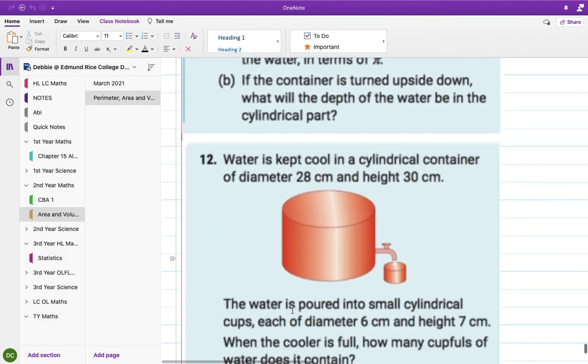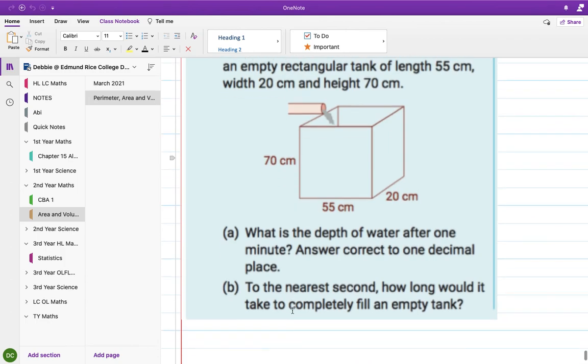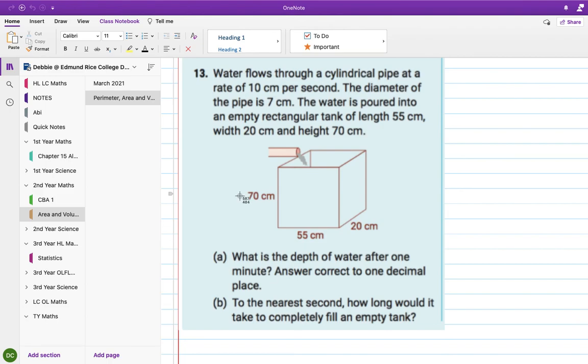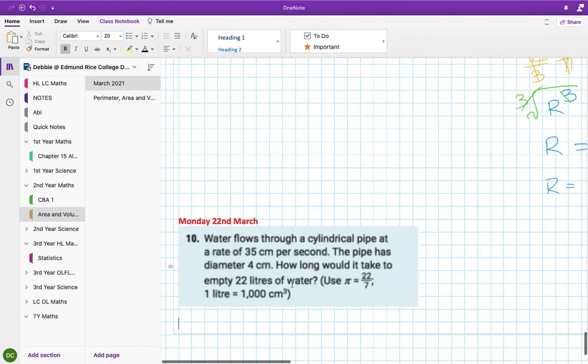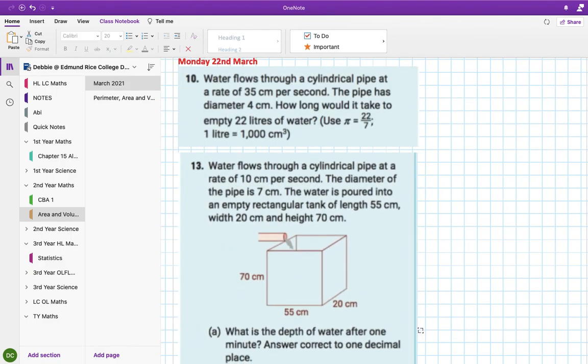And 13, I think. Now the water is poured. What is the depth of the water after 1 minute? To the nearest second, how long would it take to completely fill the tank? Yeah, that's another flow problem. Okay, 13. Okay, so those